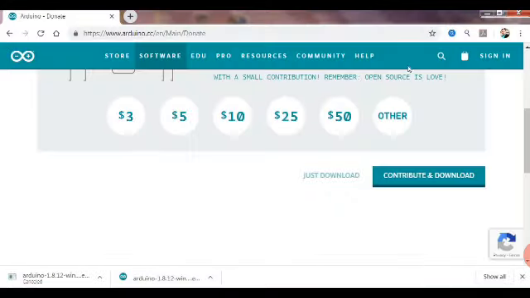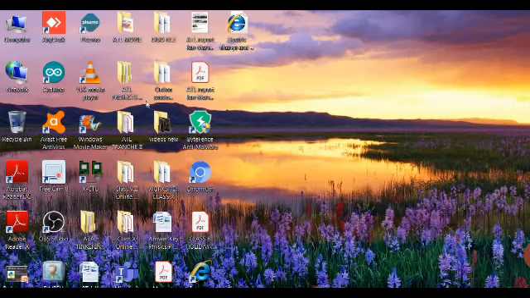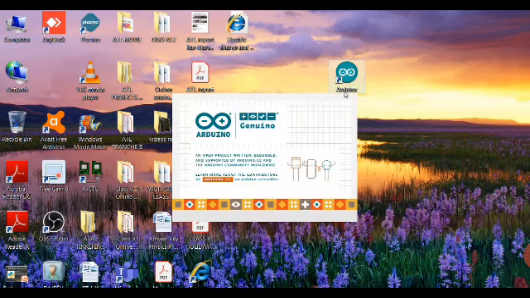We have to go to the Arduino site and then just install. So I hope you understood this much, and once you install then you'll get this on the desktop. So you can see the Arduino software has been installed. I have already installed it previously, so I haven't done it now, but you must complete this process.